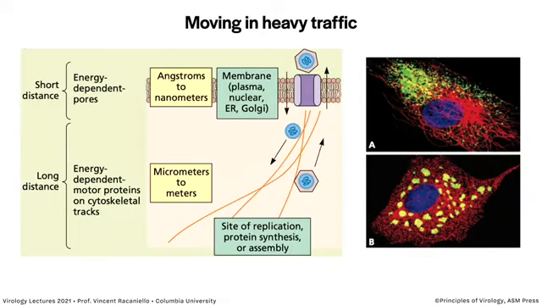And I want to remind you that moving in heavy traffic needs assistance. Things do not diffuse. We have talked about mainly long-distance movement on microtubules, motor proteins on cytoskeletal tracks. And the virus particles can move from the plasma membrane all the way to the nucleus on such tracks. But there's also short-distance, energy-dependent pores that move components, nuclear pores, for example, and others. And this, on the right, is an experiment in which we are demonstrating the role of the cytoskeletal tracks in